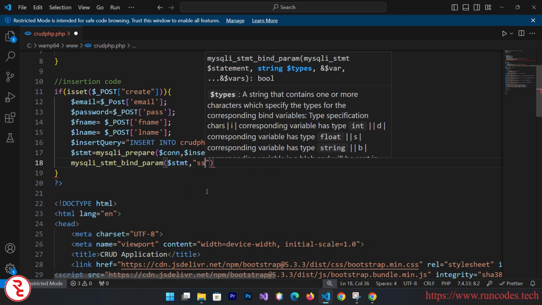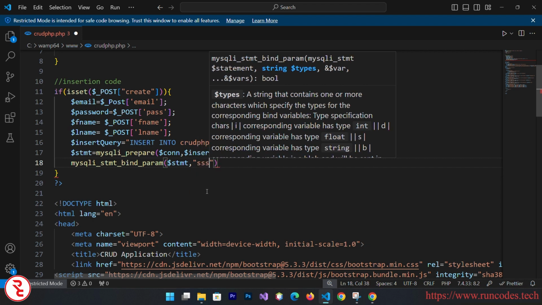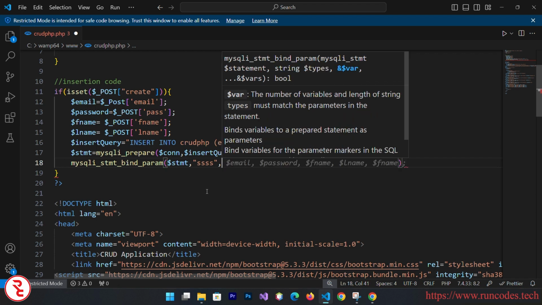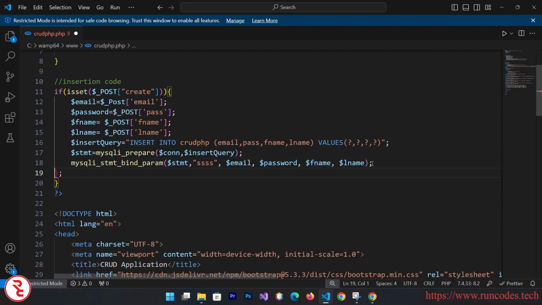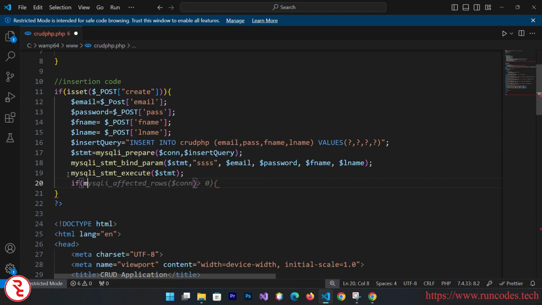Email is string, password is string, first name is string, last name is string, and pass the value. Now email, password, fname, lname, and this is the extra one. There you go. Now we need to execute this. Now mysql statement execute,